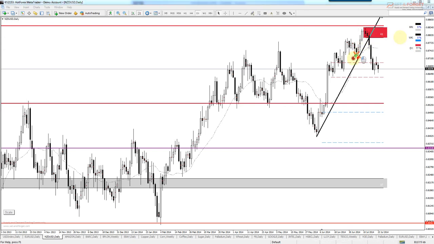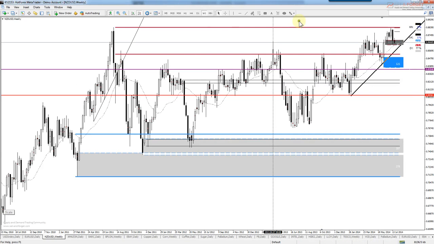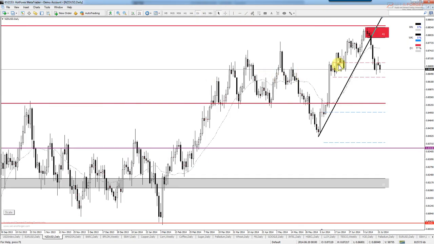Okay, 1, 2, and possibly 3. So does this ring a bell to you? We talked about this in a previous analysis here on the Kiwi before, on the weekly, I believe. There, see that one? This one over here. That one over there caused the break of this with this. Okay, so here on the daily, same thing, but on the daily it caused the break of one area there,